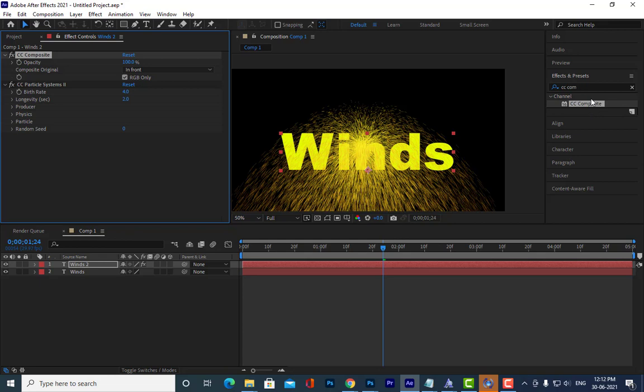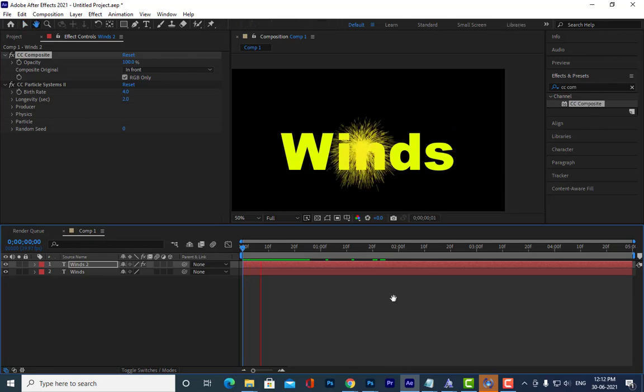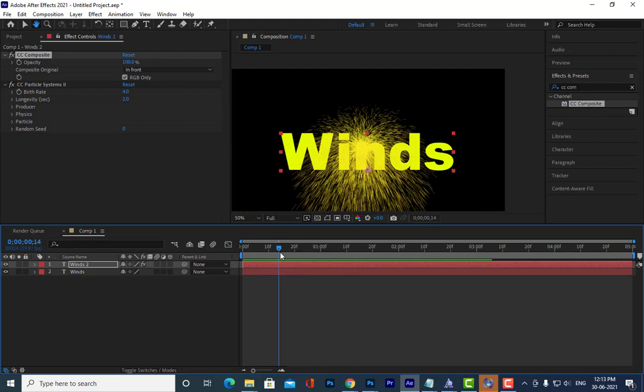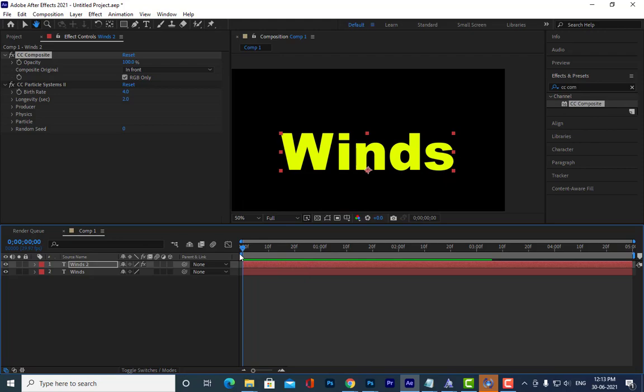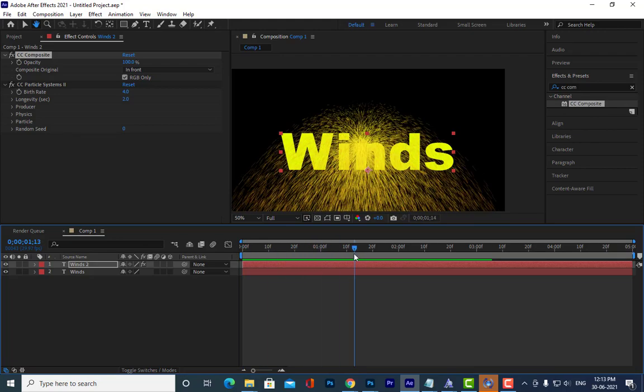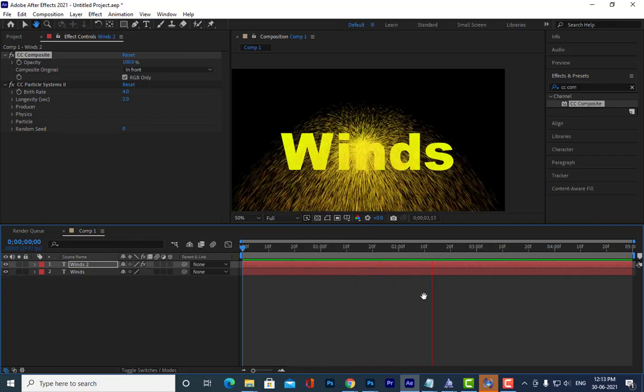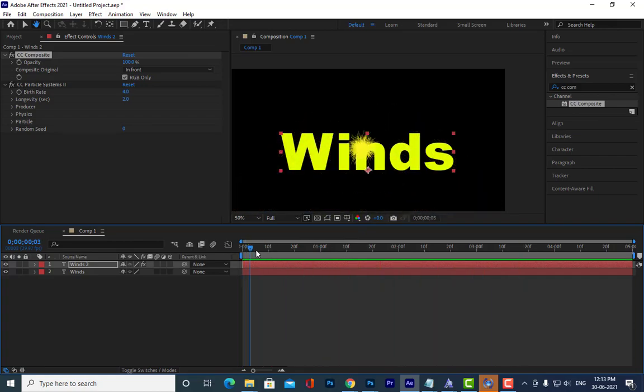Okay, so I have applied one CC Composite and I have placed it on top of the particle system. The particle system should be below this composite. Okay, so then what else can we do now? These particles, we can actually create some nice animation with this particle system. You can see how the particles are flowing like a fountain. So we can do some nice interesting animations.